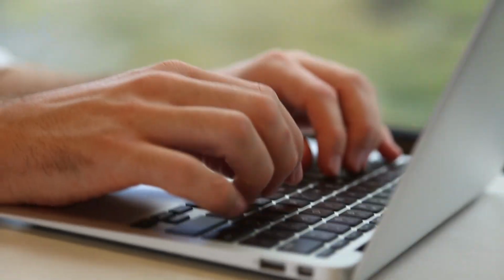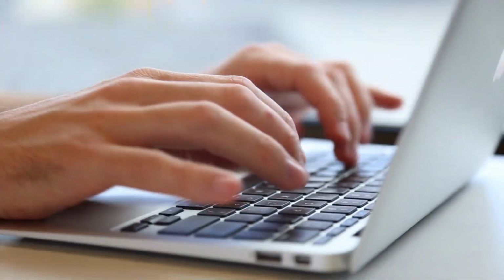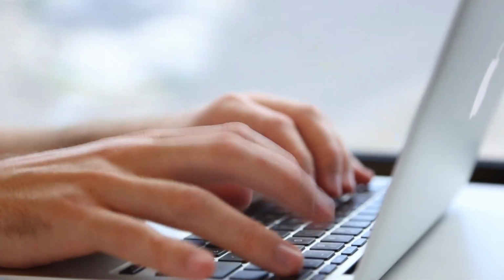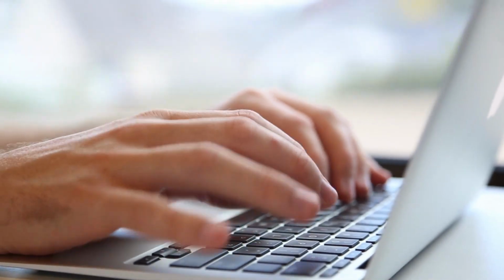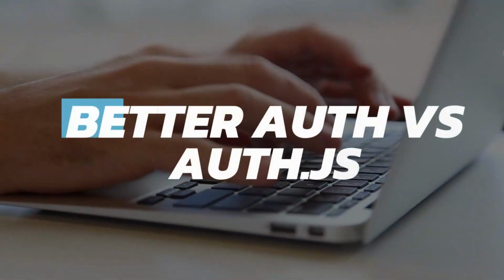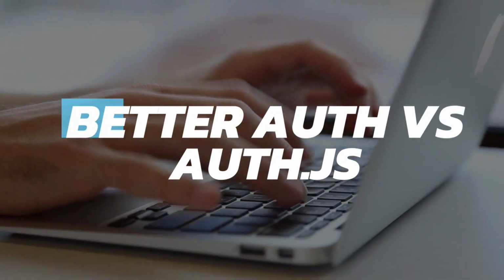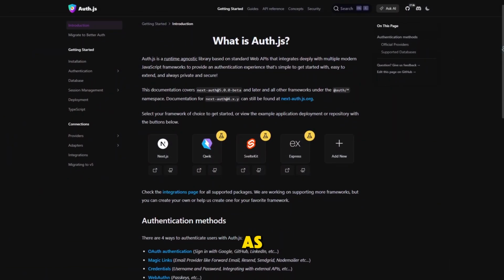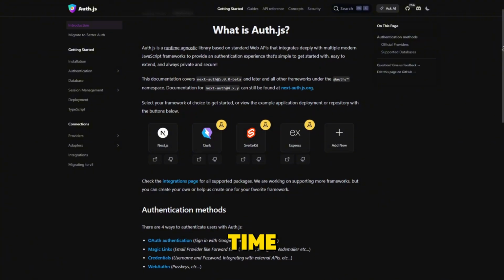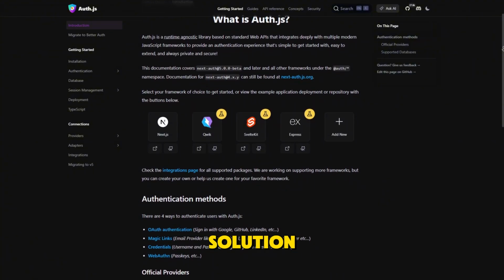It's funny how authentication can be one of the most complex parts of modern app development. Developers are constantly balancing simplicity, security, and flexibility, and that's where frameworks like Auth and Auth.js come into play. Auth.js, formerly known as NextAuth, has been around for quite some time and is a tried and tested solution for